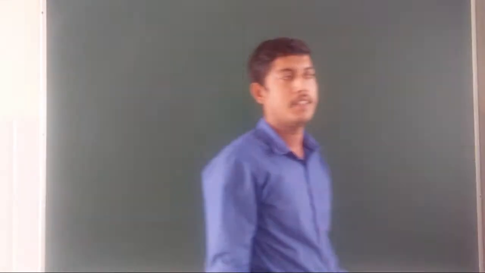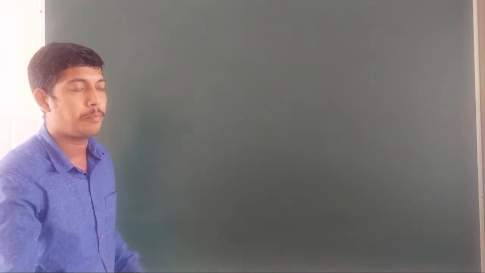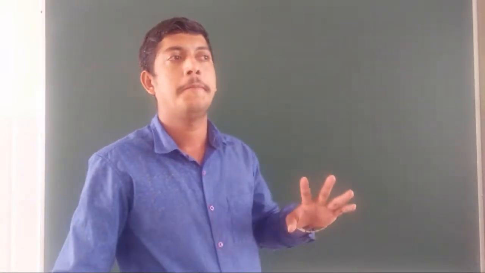Good morning, dear students. So now we have already completed two chapters, that is arithmetic progression and pair of linear equations in two variables. From pair of linear equations, finding the roots by using the cross multiplication method is related. Also, the substitution method is related, but that is useful in other chapters. And apart from that,